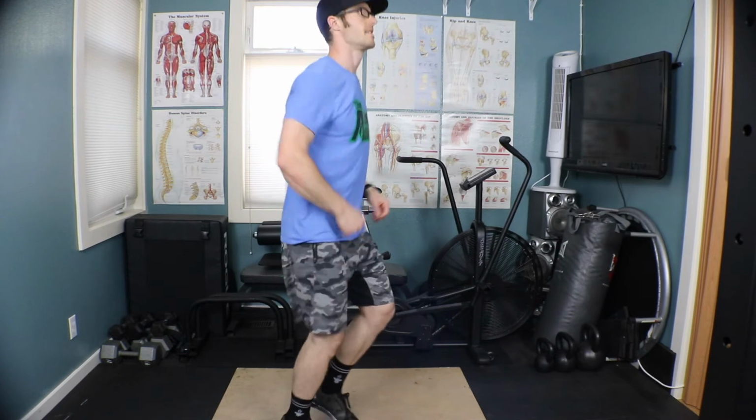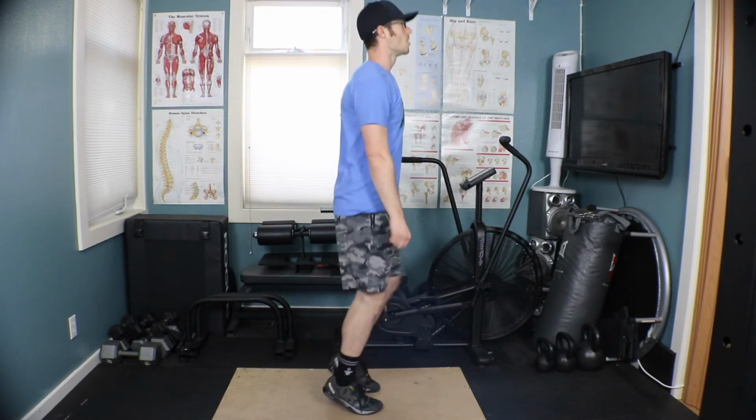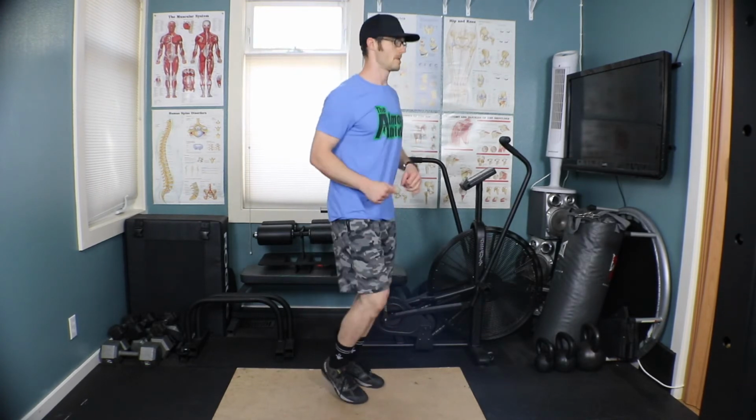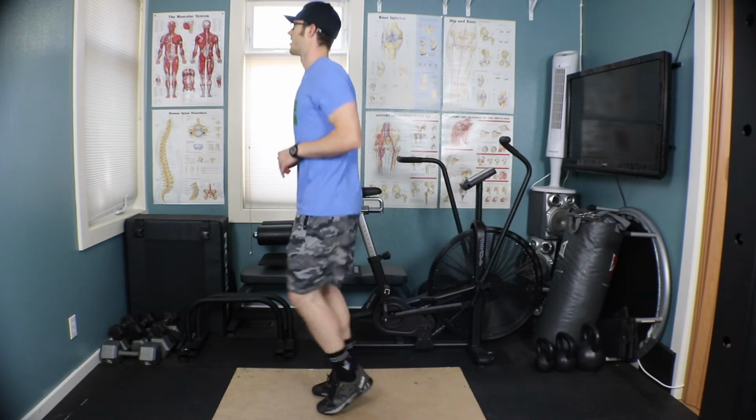Now, again, our goal is to continue to maintain that good posture, core muscles engaged, nice tall chest, and then shifting your weight side to side, just bouncing back and forth, but keeping it really soft. And now we're just trying to loosen everything up as we finish throughout that workout. We challenged our muscles, got everything working really hard. Now we're going to just loosen it up, get it to calm down, and then we can move on